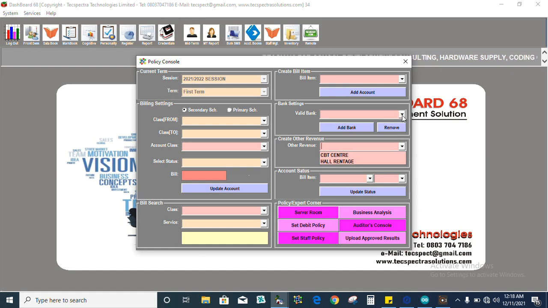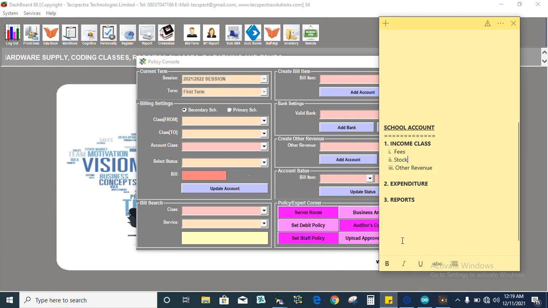Then the banks will be added from this place, and then the fee items will be added from this place. There is another place where we add the stock. So that is that about that. That's the first thing we have to do when we are creating